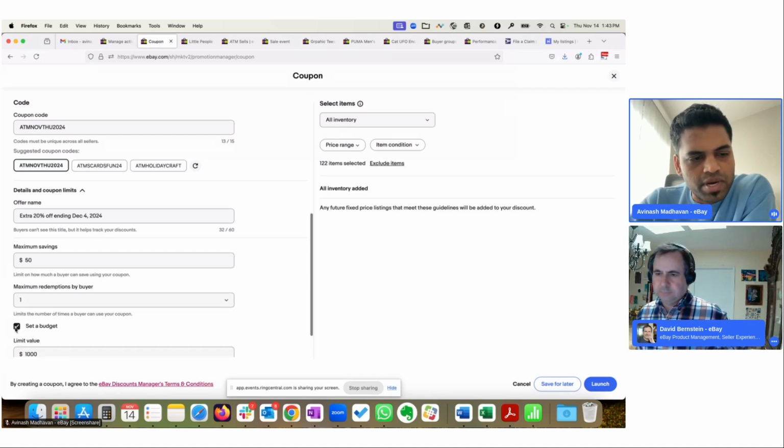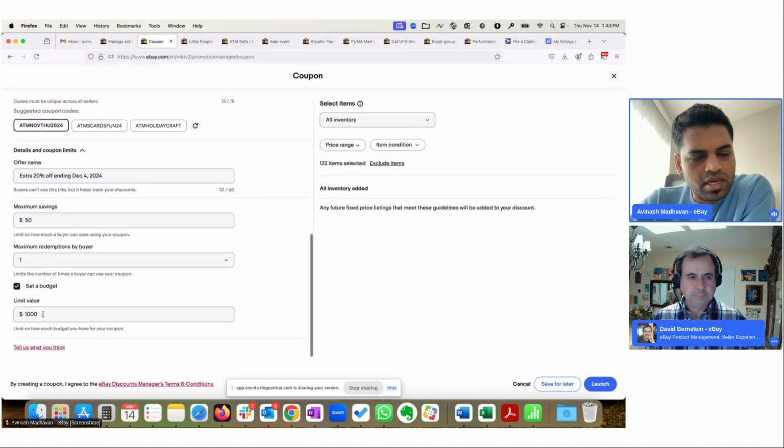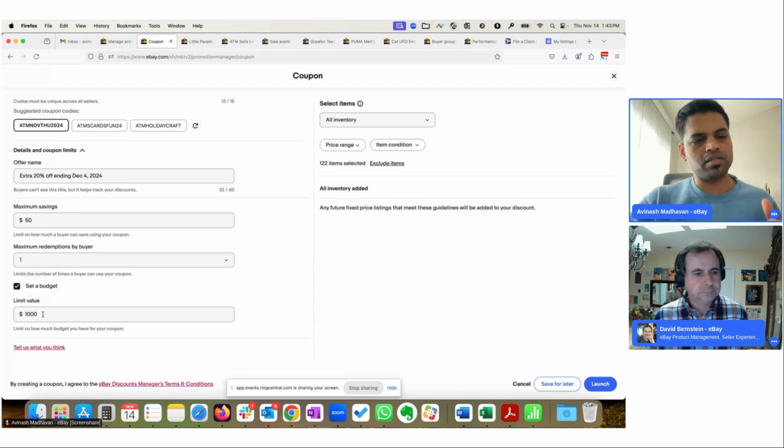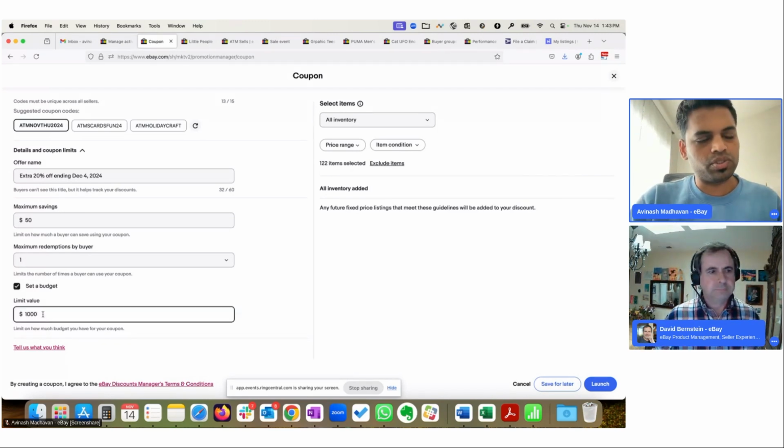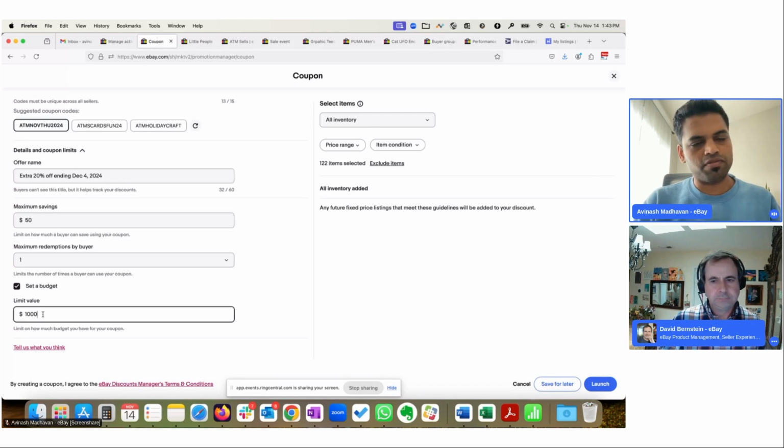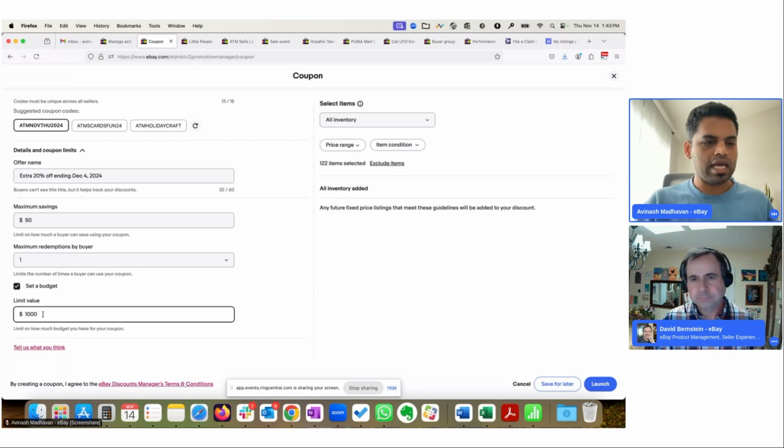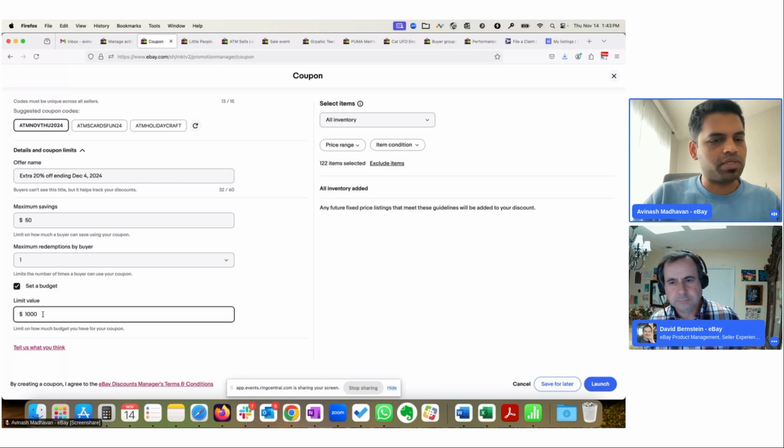And then setting a budget is basically to ensure that the amount of dollars that you are giving away as discounts doesn't exceed a certain dollar value for your entire coupon. Let's say you are running a 10% off coupon and you say